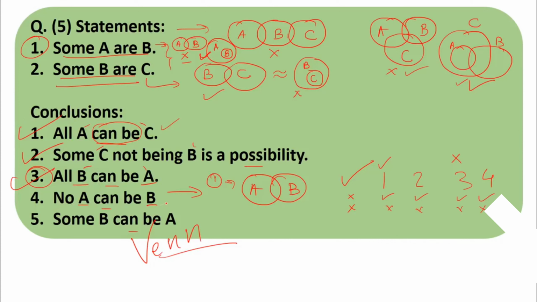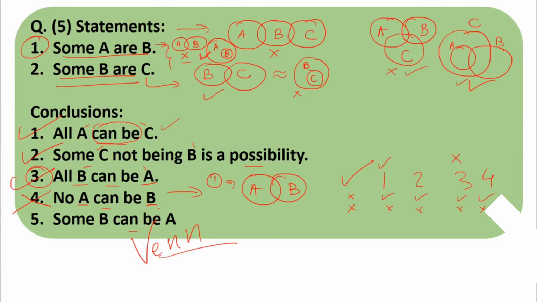This is not possible only. A and B have to overlap. They have already given that some part of A and B overlap. Okay, it has to be there. So this is not possible at all. This is a wrong possibility. So we have to directly mark it as wrong. No need to check anything. No need to check all the possible diagrams and situations.